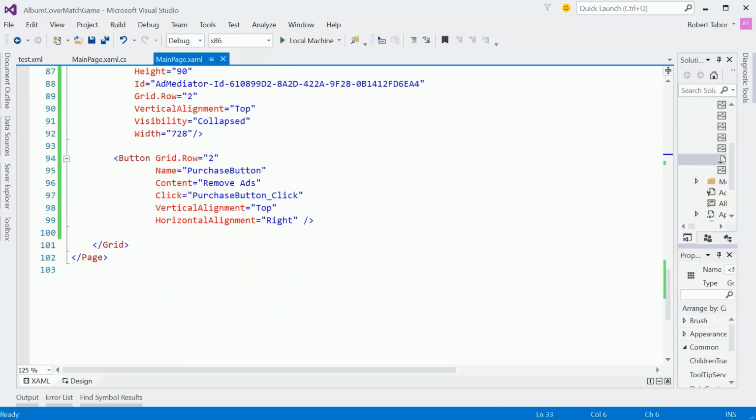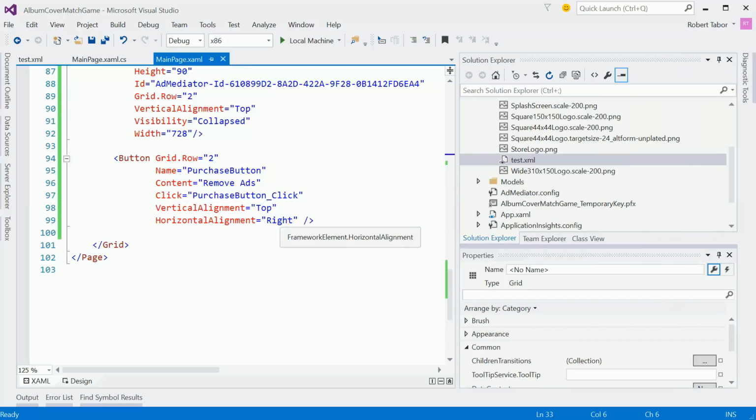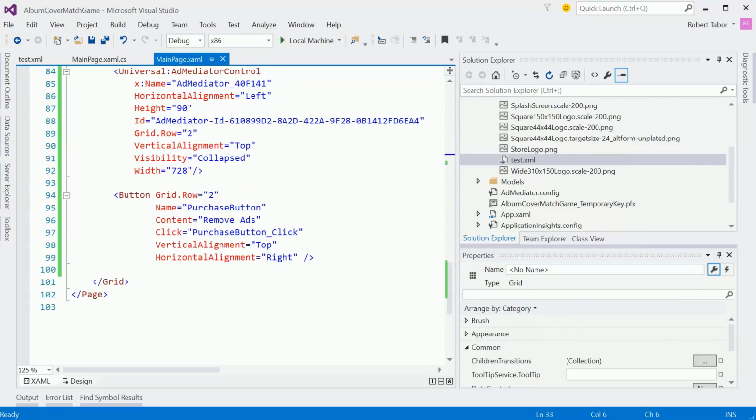Like I said, I would really, really like to get a graphic designer involved in this and add some better aesthetic, maybe some better placement of things and so on. One thing I am going to do here is just add a little margin around the mediator control and around the button itself. So let me think about this for a moment. What I want to do is just let's set a margin here of 10 on the left, 10 on the top,